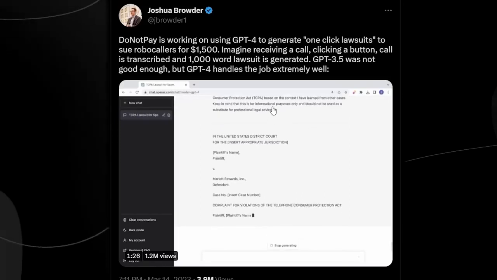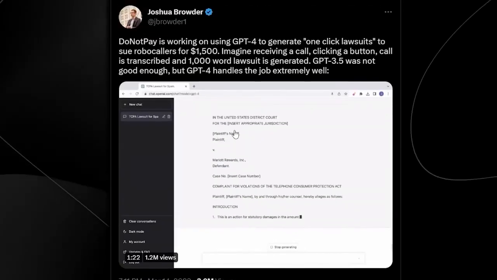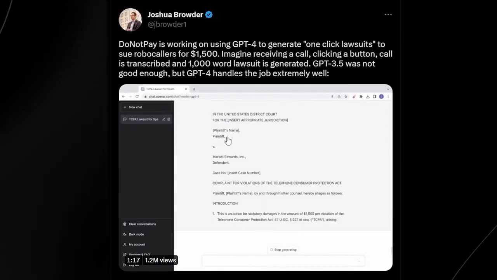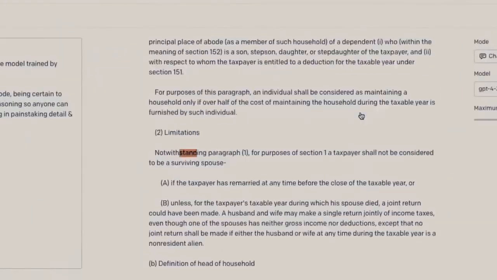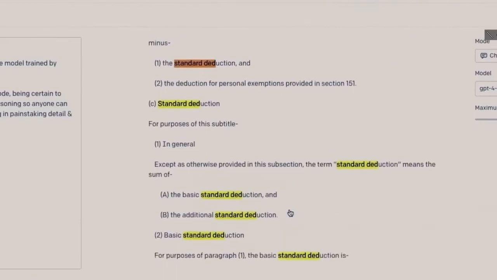Now, another thing that ChatGPT is really good for is, I wouldn't say generating lawsuits, because that's not something you want to do, but definitely the law and definitely taxes. So in the OpenAI demo, what we did actually see was GPT-4 doing taxes, which it really did in a very good way. So GPT-4, as you can see right here, this is from the OpenAI demo, actually did manage to do this person's taxes. Of course, as you can see, they were on Playground, in the chat beta mode,